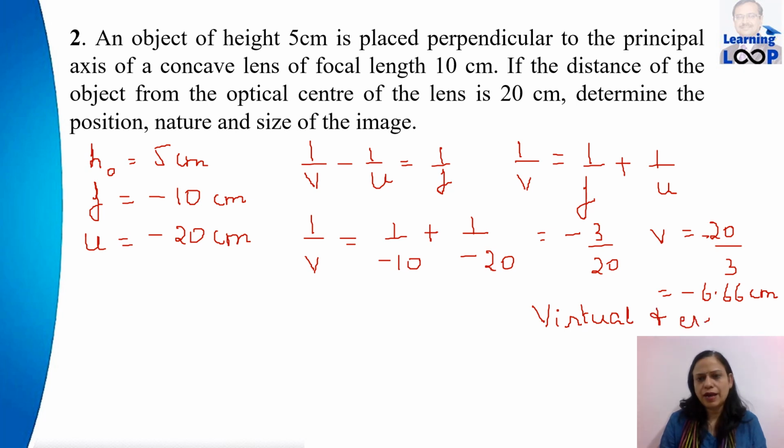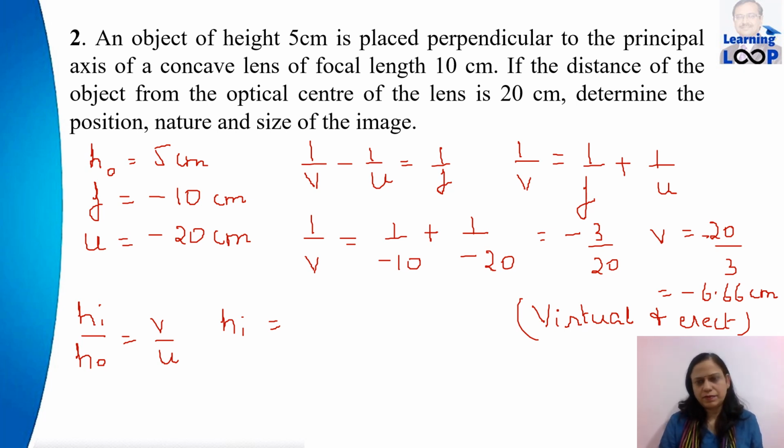It's a virtual and erect image. Now we also have to find the size of the object. So as earlier, hi upon ho is equal to v upon u. We are equating the two formulae for magnification. So hi becomes